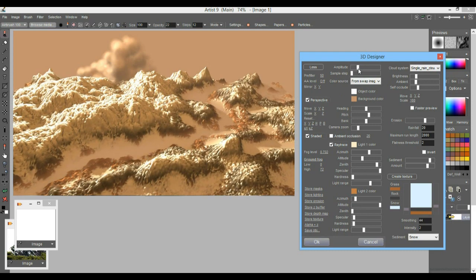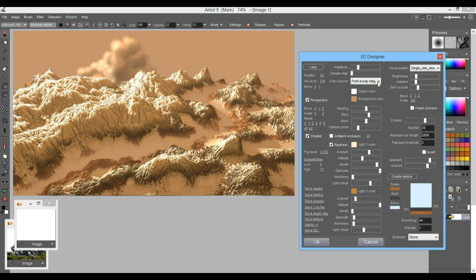And at some point, well, it's time to render that. So when it's time to render, what I would do is, if you have time, give it the anti-aliasing at the highest level, 5. You can change the pre-filter here to make it a little bit more rugged in appearance, or a little bit smoother at 100%, kind of rounded corners. There is also the anti-aliasing here if you're in a hurry, or you don't need it the very best. You do a test render with anti-aliasing off. But if you click and drag this thing here, you can drag it all the way to 5 for the best level